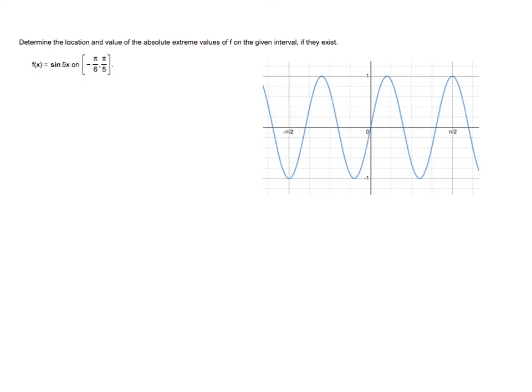In this problem, we want to find the absolute extreme values of f of x is equal to sine of 5x on this interval. So the strategy is you make a table of values for your function sine of 5x. What we'll do is we'll check both endpoints of the interval, so negative pi over 6 and pi over 5,